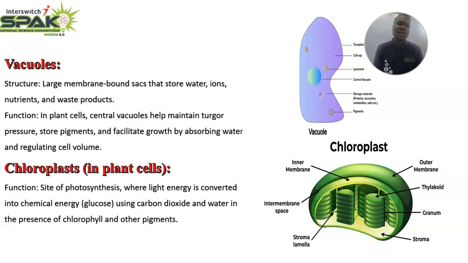Then we have the chloroplast, which is the site for photosynthesis, a process whereby green plants manufacture their own food. The chloroplast contains chlorophyll, and inside it you have a structure called the grana. The thylakoid of the grana